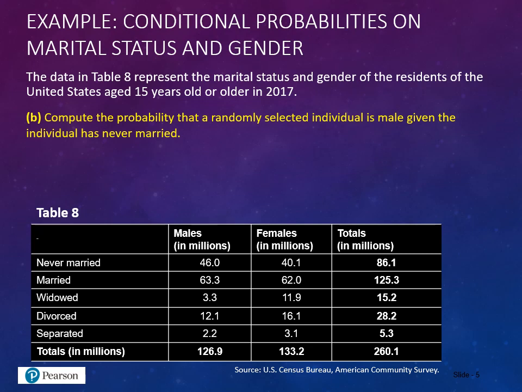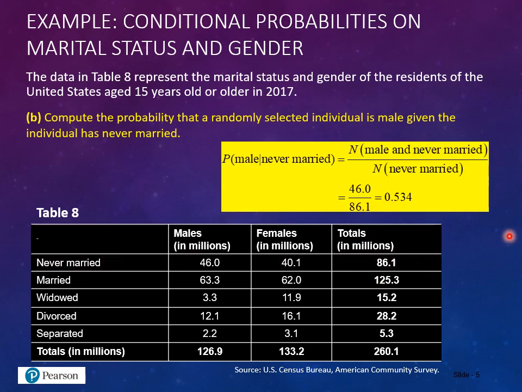Because we have the same two events, the numerator is going to be the same, because remember, the numerator is the number of outcomes that are both male and never married. So that's still 46. But the denominator now, the given event, is that an individual has never married. So we're looking for the number of total responses of never married, which is this top row here. And we can see to the right, that's 86.1. So our probability of male given never married is 46 over 86.1, which is actually 53.534%,